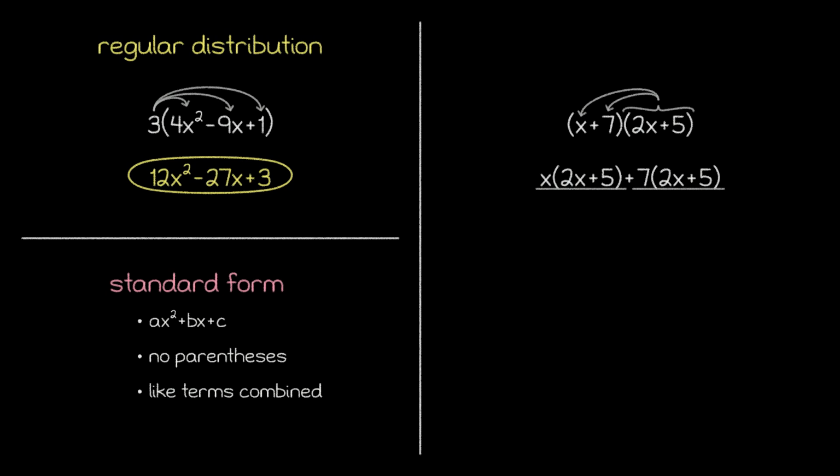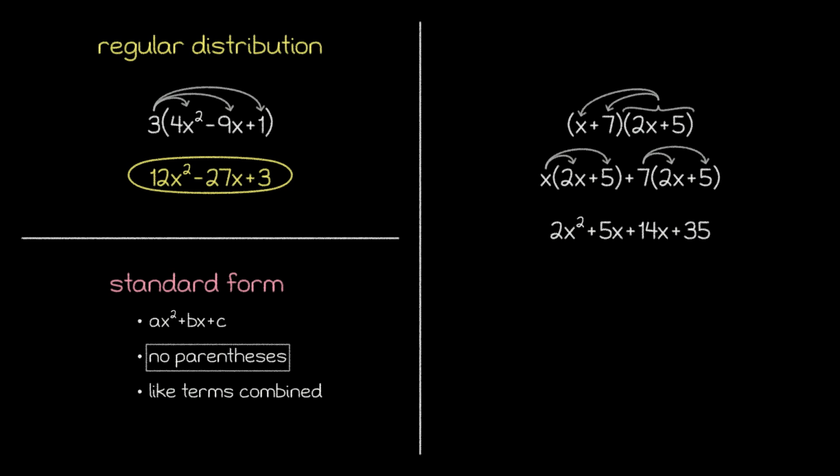But how should we simplify each of these sub-expressions? Well, with distribution, of course. Once we go through a second round of distribution, we can see that we've successfully eliminated all the parentheses, which means that we've met our first criterion for converting into the standard form. To finish this problem off, notice that we still need to meet the second criterion for converting into the standard form, which is that like terms are combined.